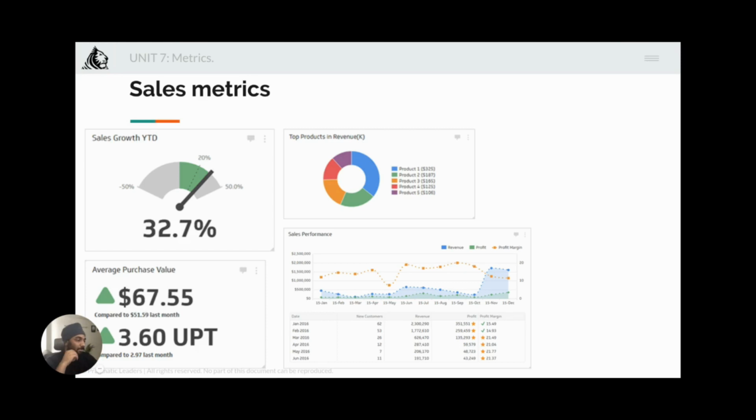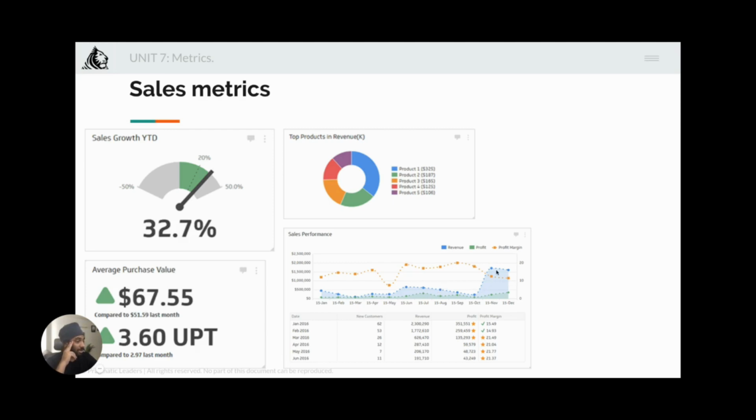If average purchase value is increasing, that basically means your checkout or your entire search or your upselling tactics are actually working. And finally, sales performance, which is profit margin, depending on what kind of company you're running or working for. If the goal is profit margin, then you're doing an okay job because it increased and it dipped and then it increased and then it dipped. So it's going a little funky.